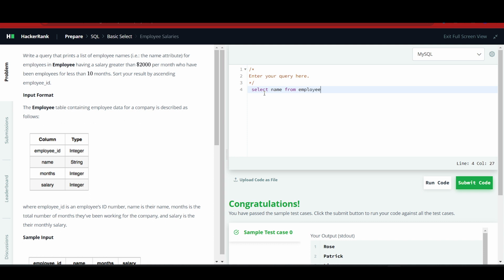employee, the table name, where the first filter is where salary is greater than 2000 and months, who has been employed for less than 10 months. So months is less than 10, and finally we have to order it by employee ID. Order by